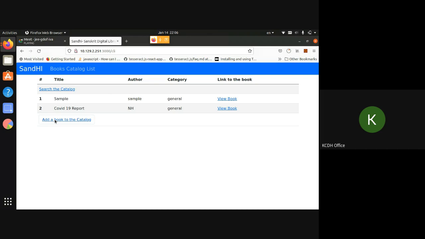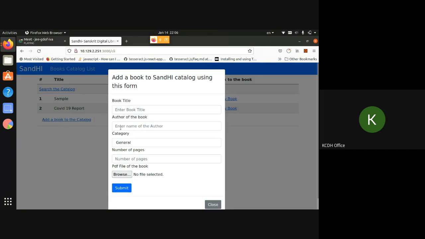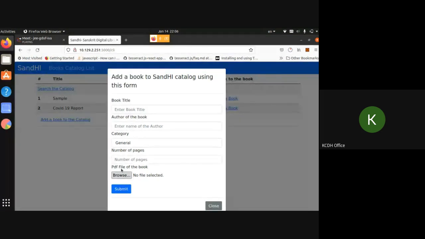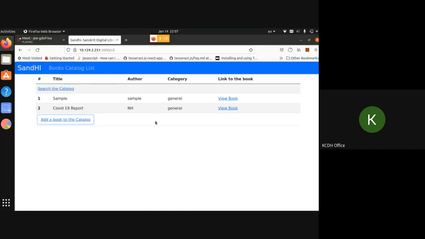You can add a book. It is PDF based currently, but for our project, we should be able to modify it in such a way that PDF and images can be added, right? So you add, and these are configurable parameters. Since this was based on a project we are working on for a digital library, here you can add the book title, author, etc., and then you submit. You can choose a PDF file and submit. Once that is done, it will be added to the catalog, and we can all see that here.